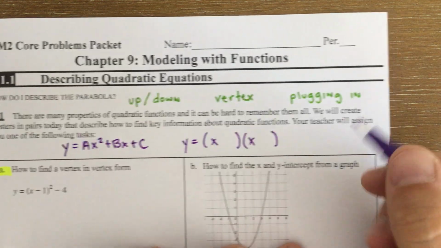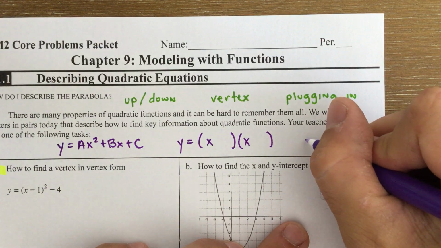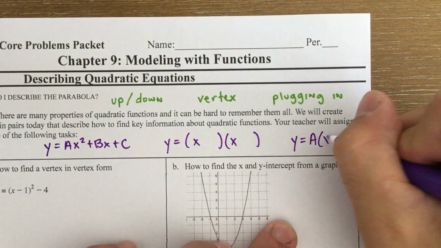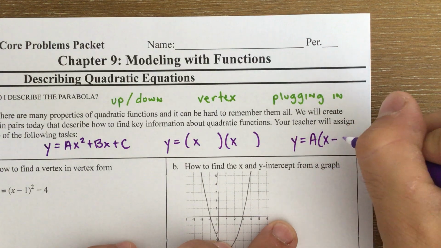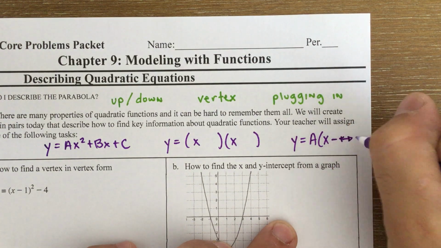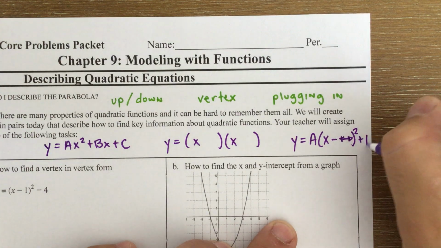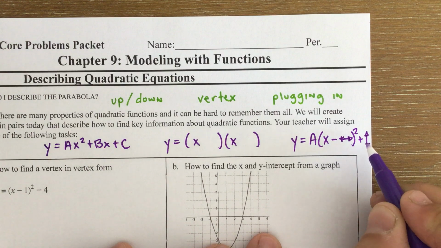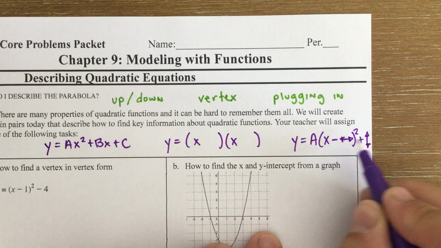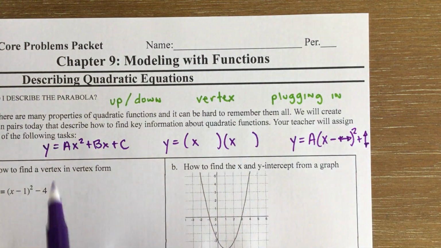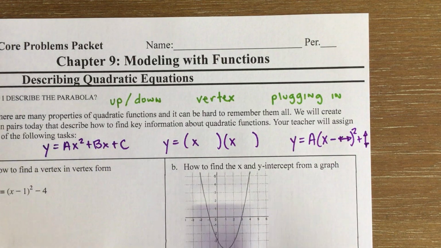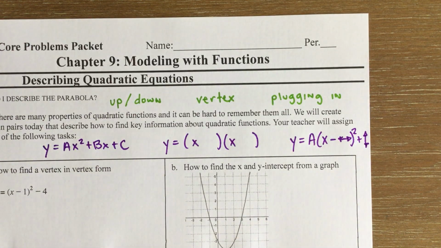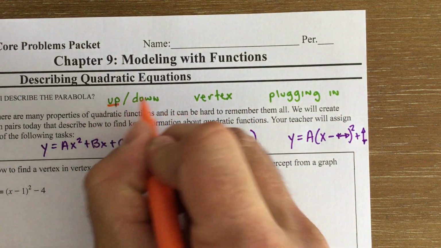And then, of course, vertex form, which would look something like y equals a, and then we would have x, a horizontal shift left and right, squared, plus a vertical shift. We could use, like I've used before, an H and a K, or a B and a C, but B and C probably wouldn't be the best letters since they're reserved for standard form. Okay. All right, so I did want to focus on whether a parabola would open up or